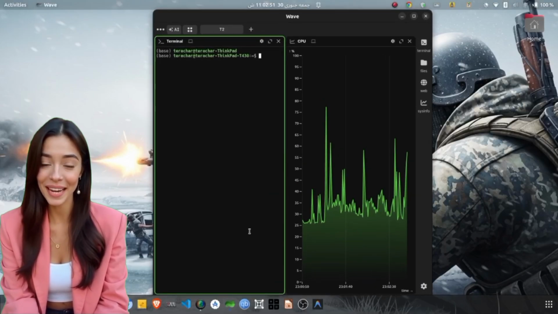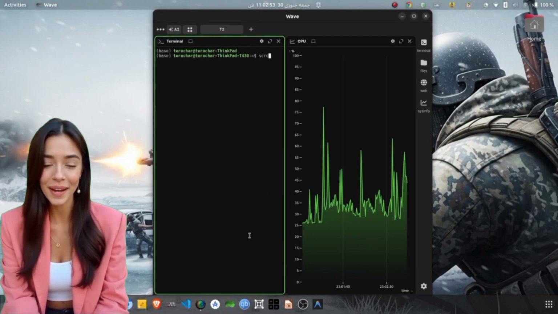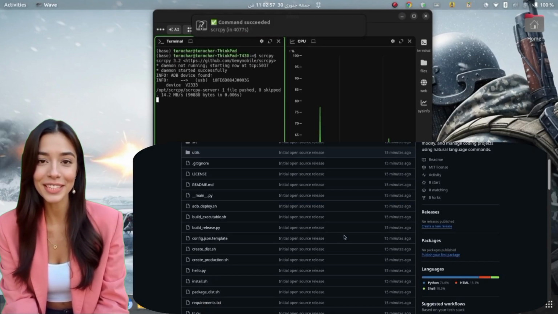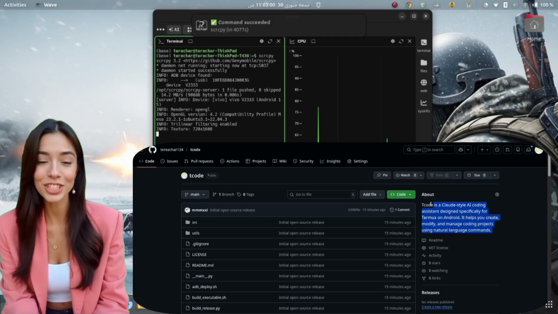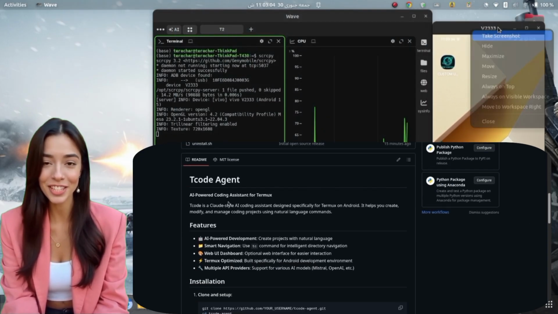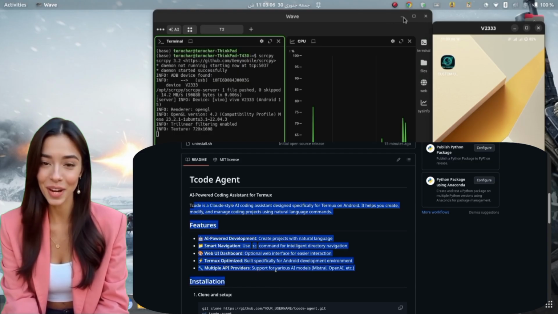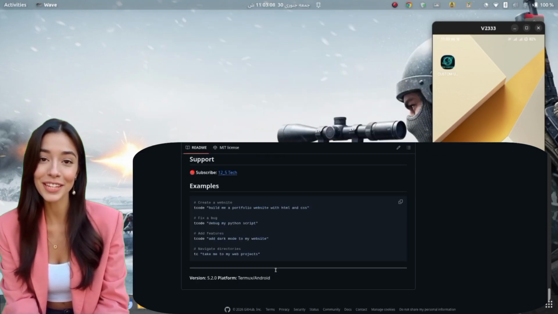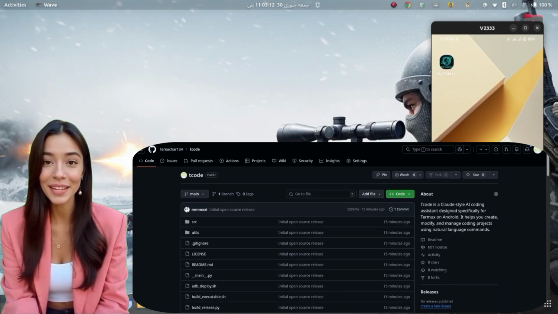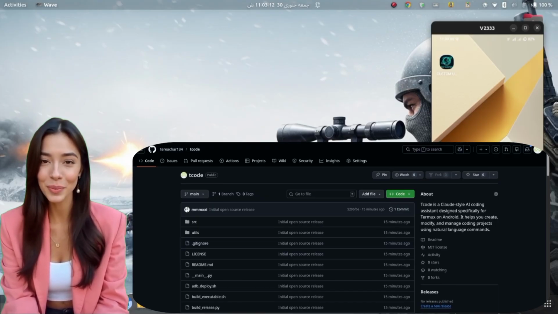Today I'm super excited to show you something really cool. It's called Tcode. Now, what is Tcode? Tcode is basically a Claude-style AI coding agent that you can run directly on your Android phone using Termux. Imagine having a powerful AI assistant right in your pocket that can create websites for you, process your videos and images, automate file management, convert audio files, and handle so many daily tasks, all from your phone without needing a